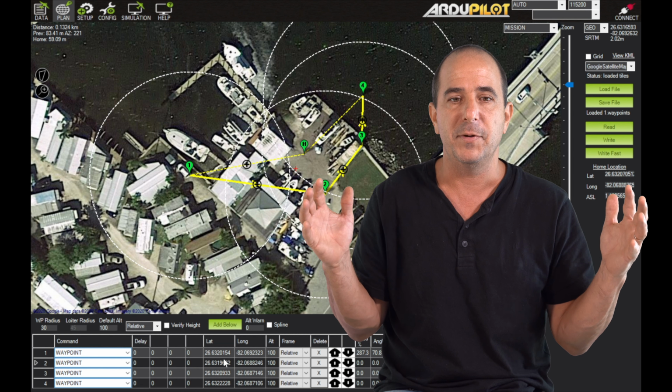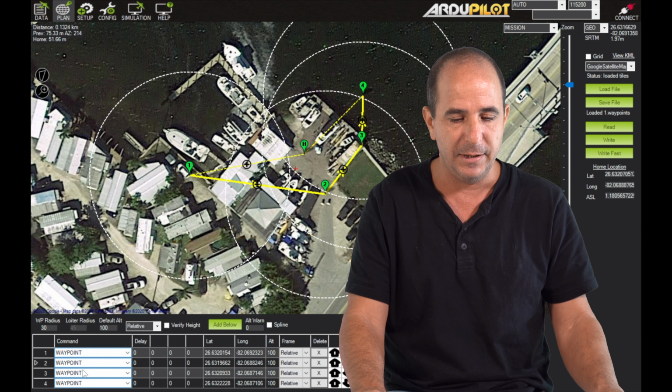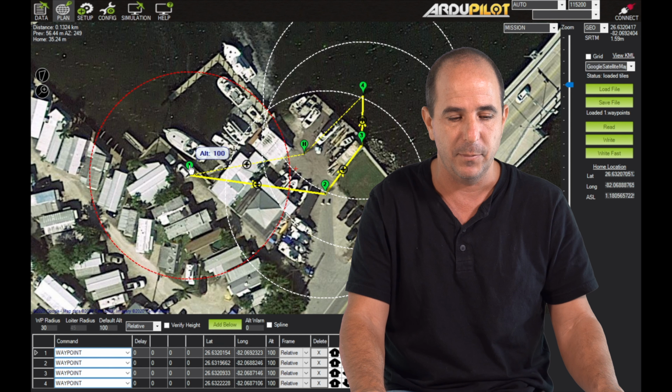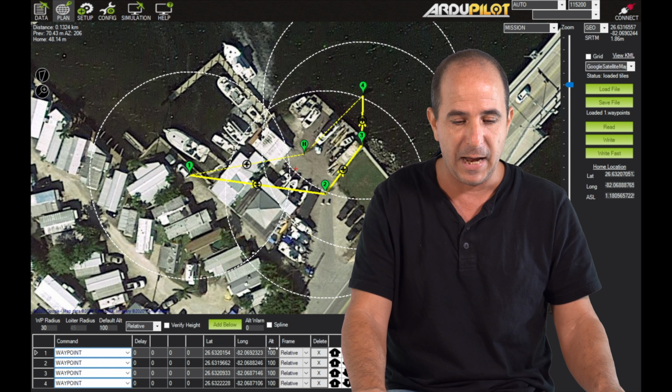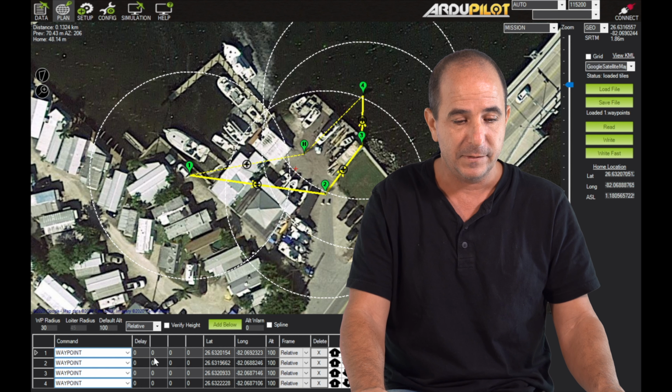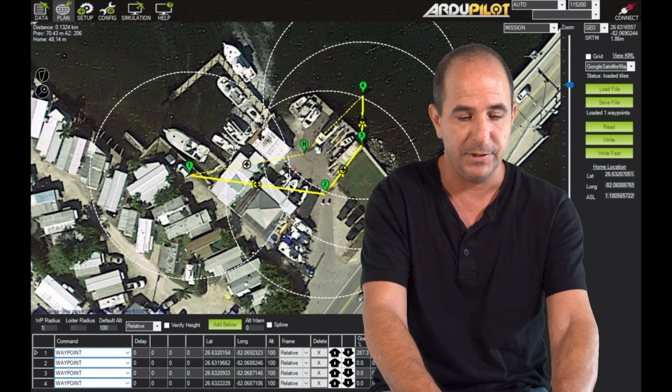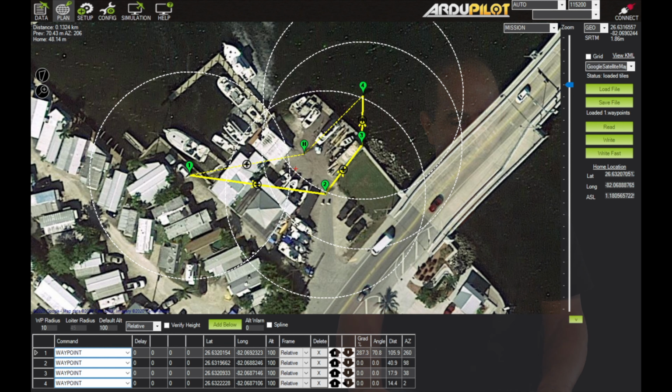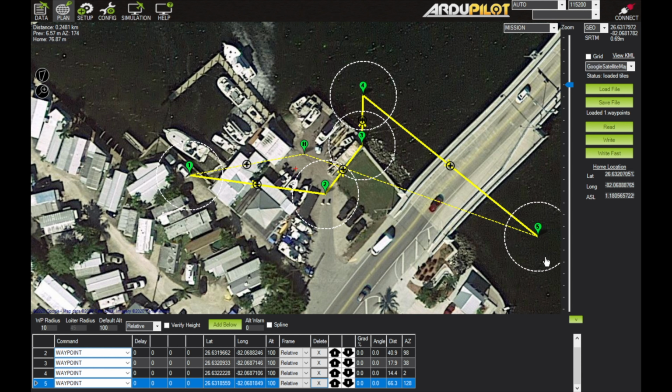Use of the proximity, and the way you do that is you go to a certain waypoint. So now I'm at waypoint number 1, and you can see my attitude here, but you can also see my proximity. So a proximity would be, instead of, I don't know, like 30 meters, let's change it to 10 meters. And now when I add a waypoint, everything shrinks.